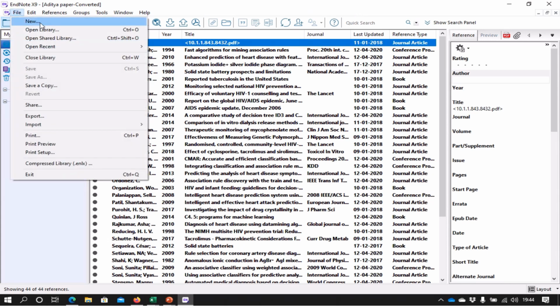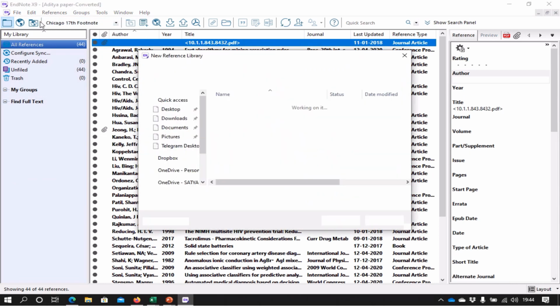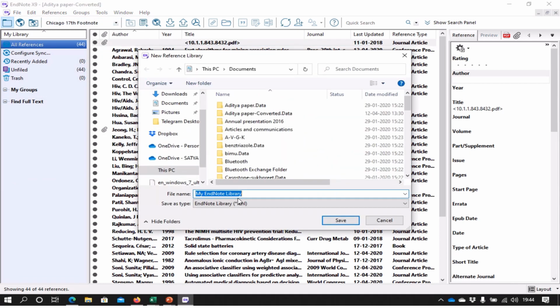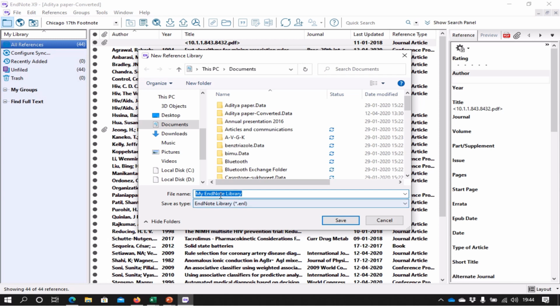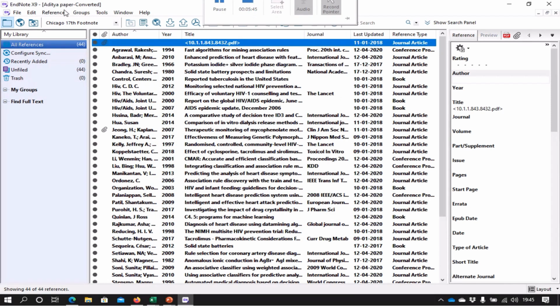File, create a new library. By default it is going to give you the name My EndNote Library, and it is always going to save into My Documents. Basically, if you are using Windows 7, Windows 8 and Windows 10, it is directly Documents. So accordingly you can create the library. I have already created one, so whatever name you use here is automatically going to be